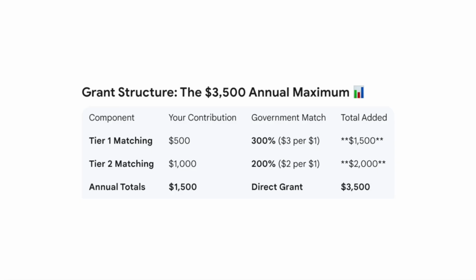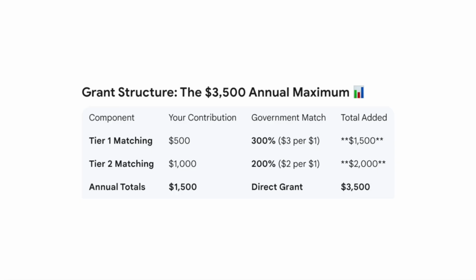So, assuming you have no catch-up room from previous years, you are up to date, and your income qualifies for the highest matching rate, the maximum grant that can be added in a single year is $3,500. To get this, you need to put in a contribution of $1,500. The $1,500 that you contribute is broken down as one $500 contribution, which is tripled by the government, plus a $1,000 contribution, which is doubled, giving a total grant worth $1,500 plus $2,000